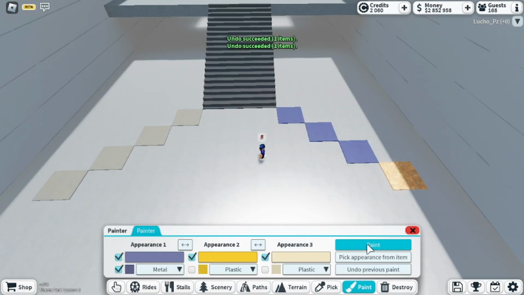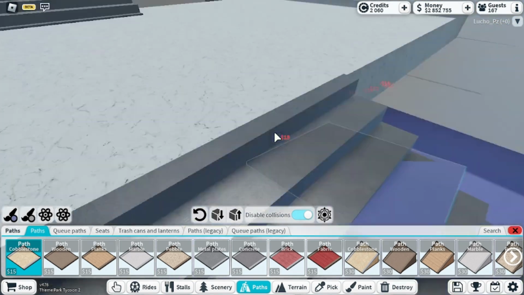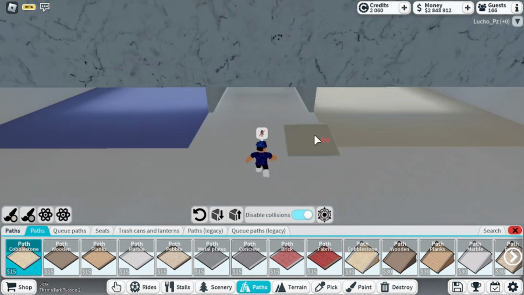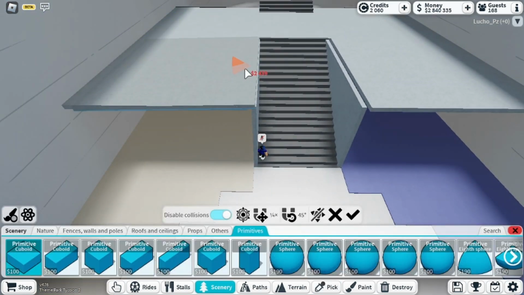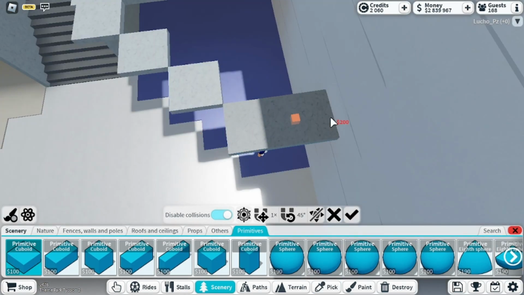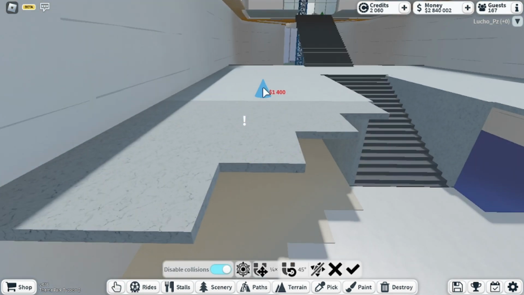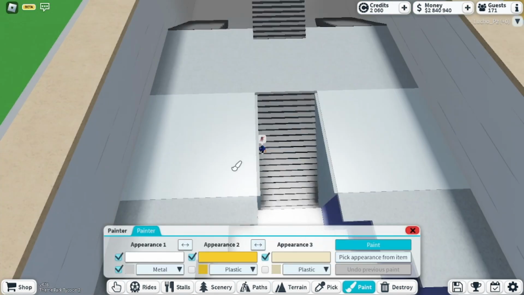So then I started painting the paths different colors. It's serving me as a guide to know what restaurants and shops are gonna go there. But it's not gonna remain that color, it's just helping me organize myself. This promenade I'm making, I'm pretty excited about it because it's gonna have a very family-friendly vibe, a very exciting